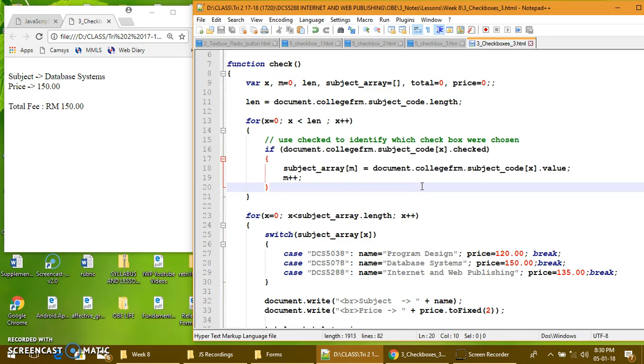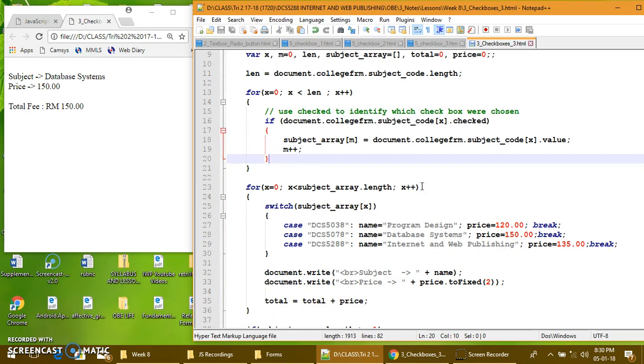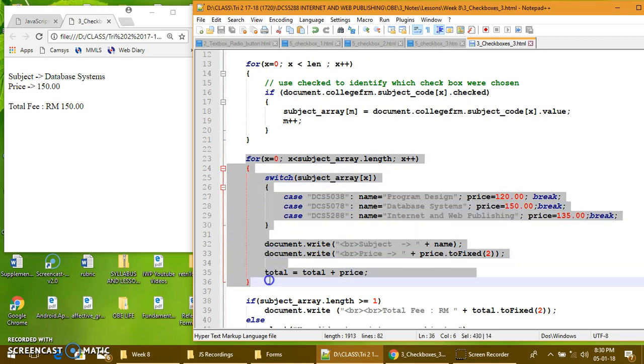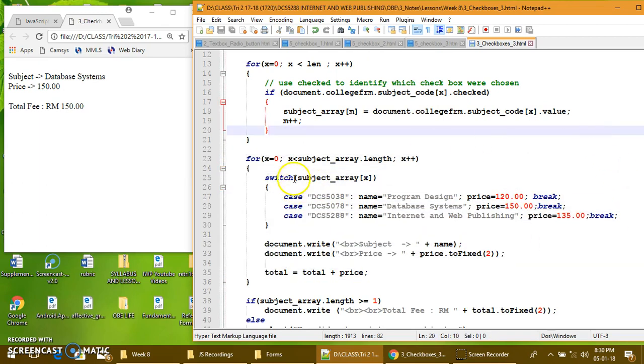Okay, now the second part. This part is checking my array. So I'm getting the length of the array. If, let's say, only 2 subjects are chosen, that means my array length is 2. Remember, checkbox length is different, array length is different. Based on the length of my subject array,